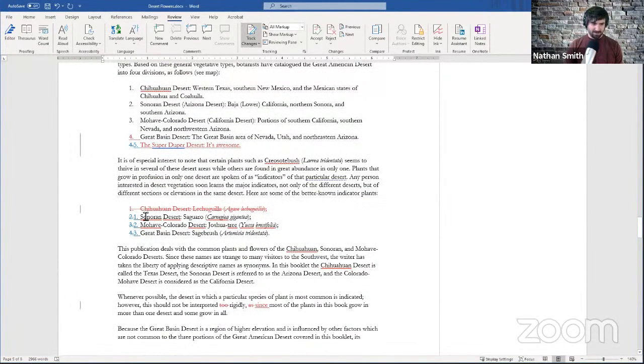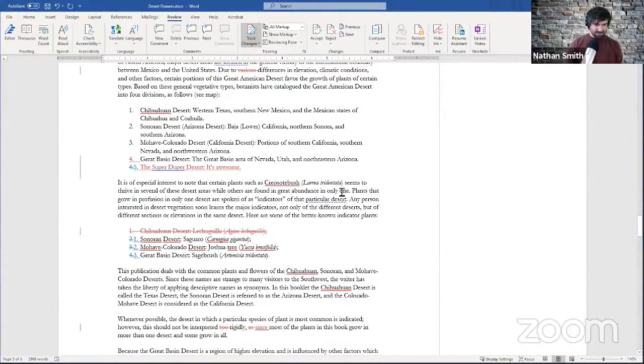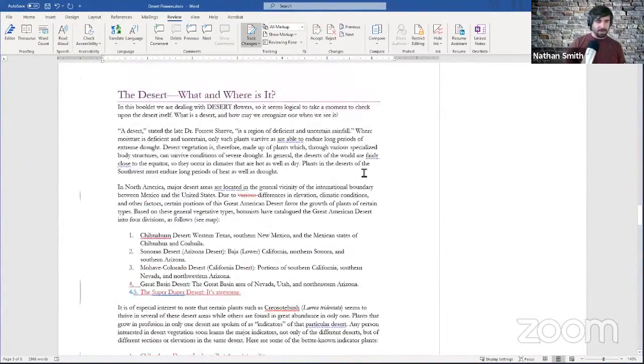Okay, this was crossed out, and you'll notice each of these, the original numbering is crossed out and the new numbering is added in. Down here, we've got, excuse me, we've got 5, the super duper desert, it's awesome, etc. So,